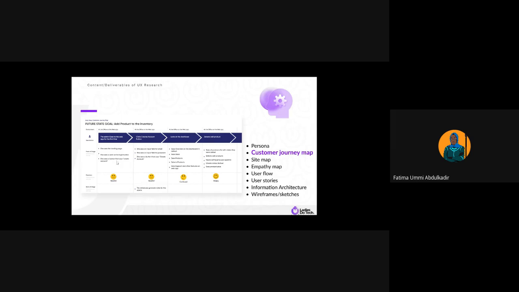If the user should click create account, that would be the next action you are communicating in your customer journey. So if the user clicks on the create account button, what happens? What do they see? They see an input field for email, they see a password field, and they also see a button that says create account. This helps you narrow down all the things you need to put on an interface, because you know what the user wants to achieve.